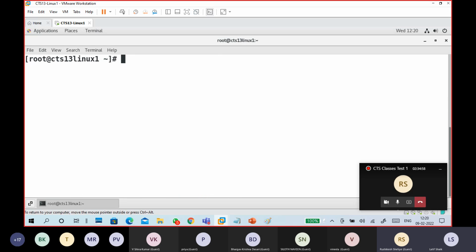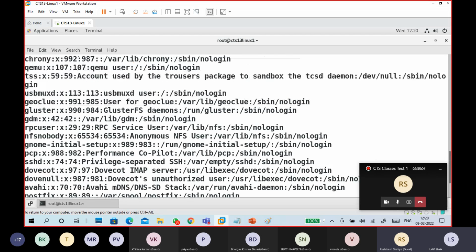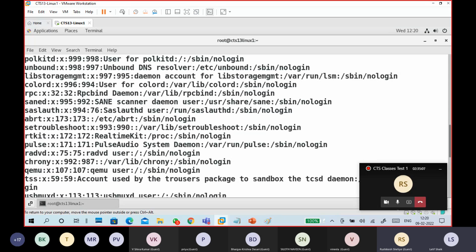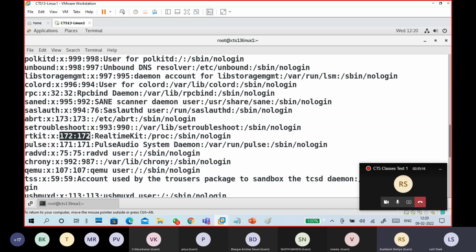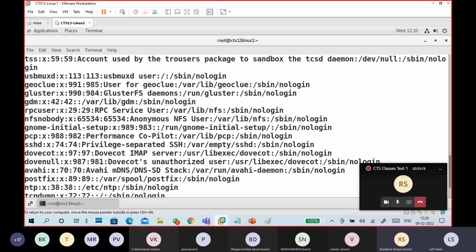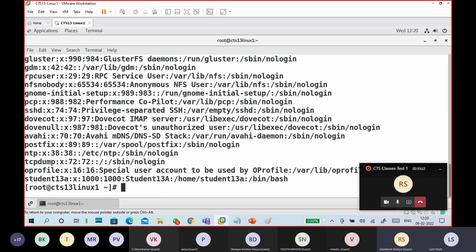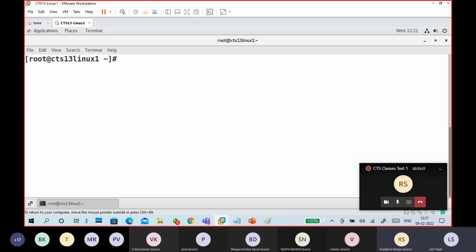Or I have a file. Go to cat slash etc slash passwd. It contains so many lines. I want a specific line, or lines, which contain a specific word. For example, nologin, or this 172 number, or login, bin bash, or maybe 1000, maybe student. So a pattern matches based on a keyword. I want to display those lines, like grep